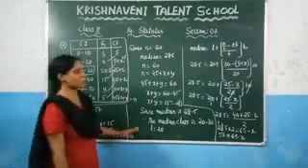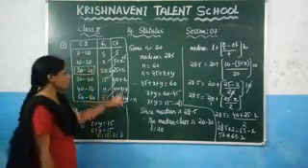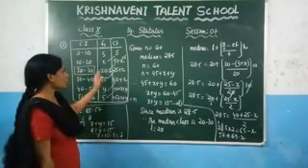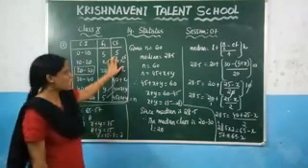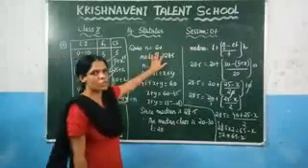So like this you need to calculate the median. If the values are not known, you need to follow this procedure. This is a very important problem. First you need to find the cumulative frequency, and after calculating the cumulative frequency, in the question they have given the value of n.